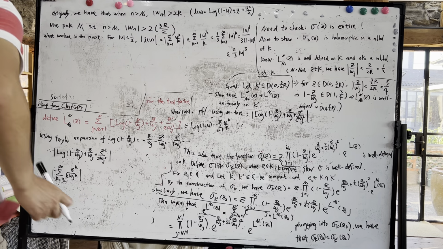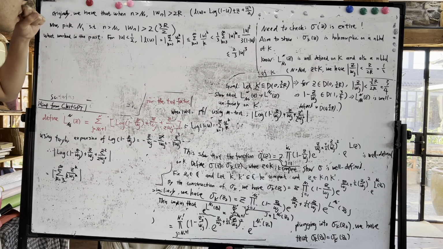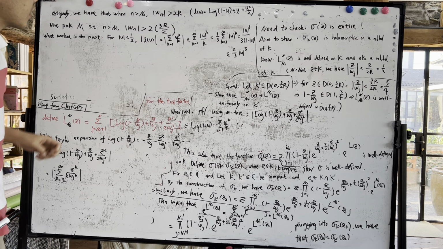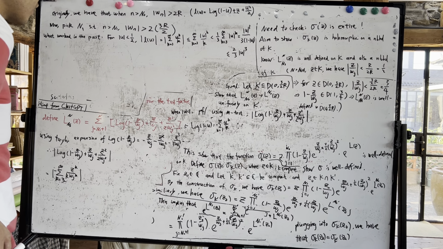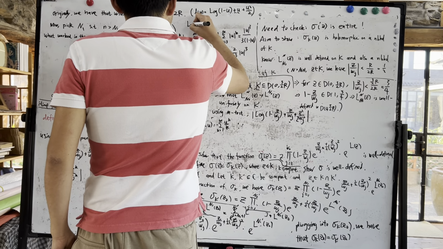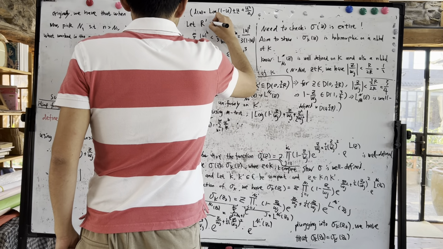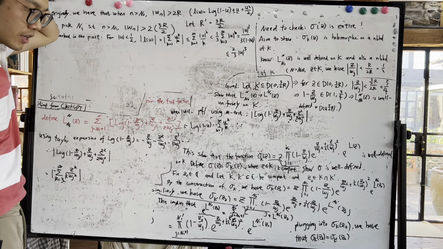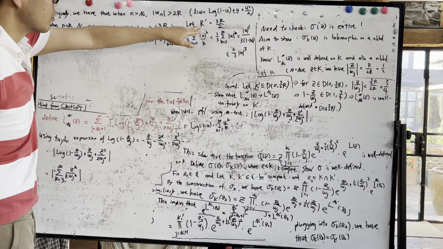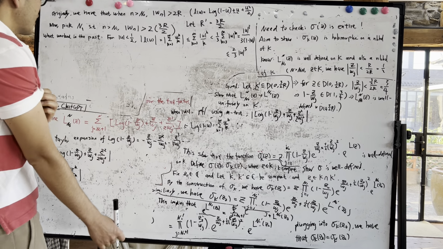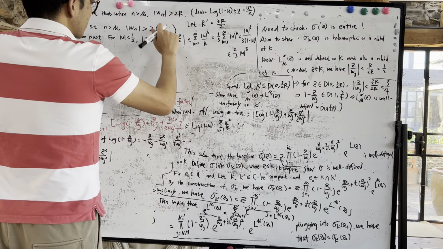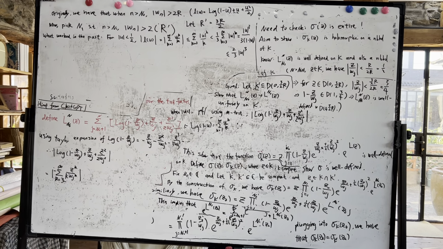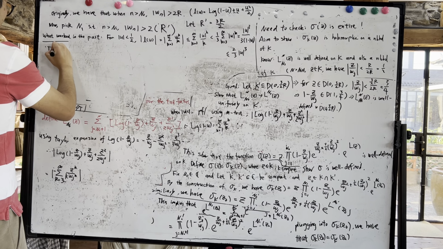So right now I think what we do is that we just let r prime be equal to 3r/2. So we just replace the original radius that we used in the past by a new radius, which is r prime, and then this is bigger than 2r prime. So this implies that we have